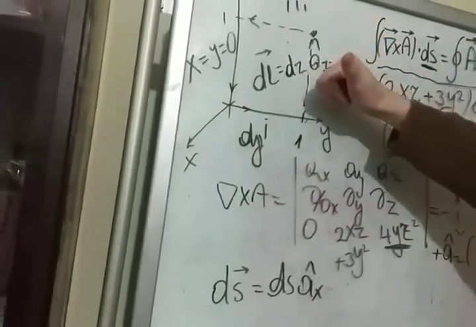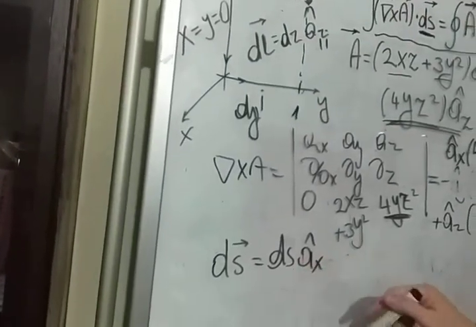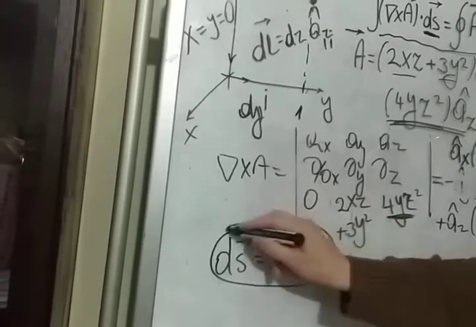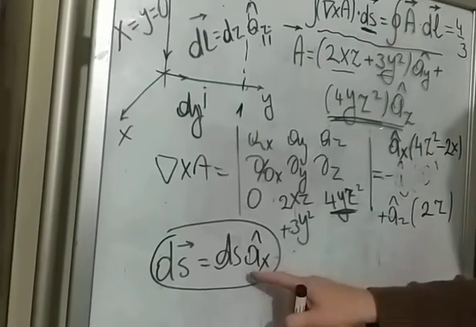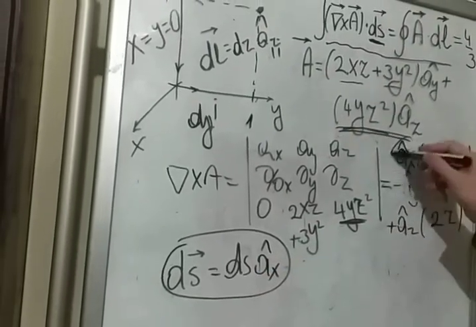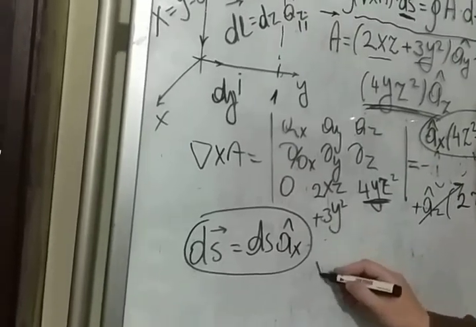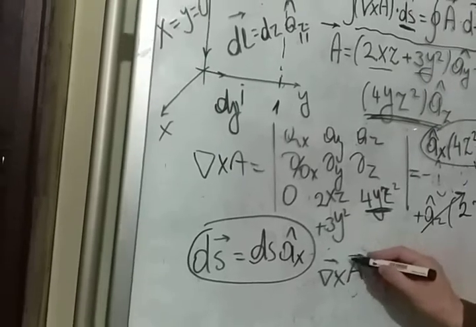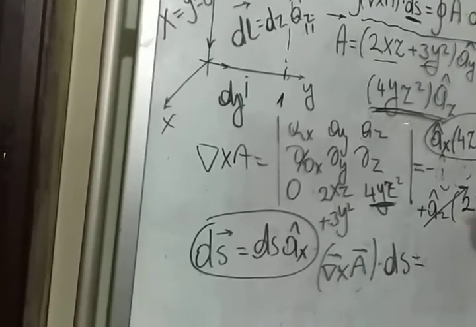If we're going in this path, the direction of the vector of the surface area is going to be like this. So taking a dot product of this ds with the curl of A, only the dot product of this term with this term will survive. This will cancel out. So immediately we can say that the curl of A dot ds is going to be equal to